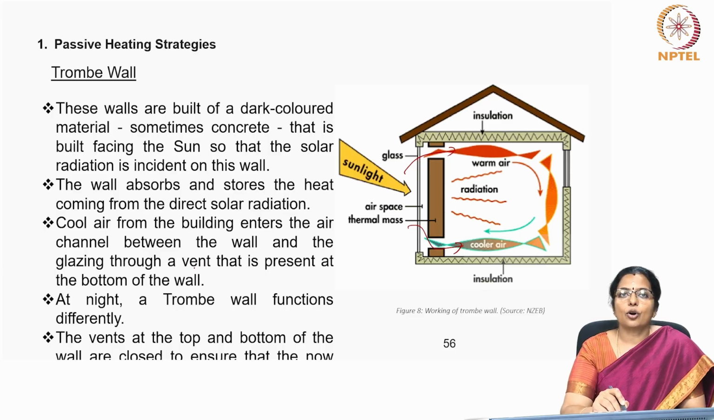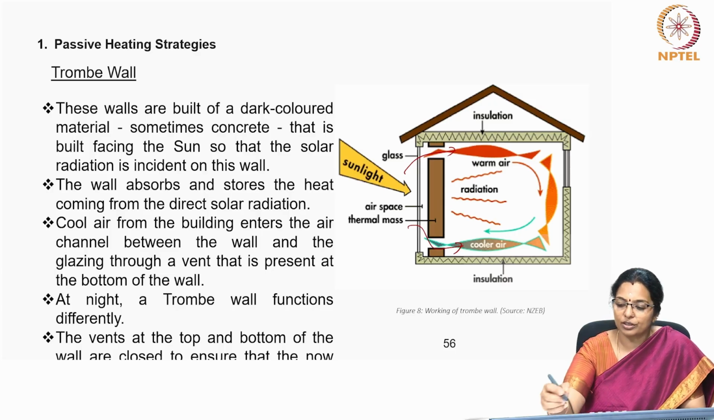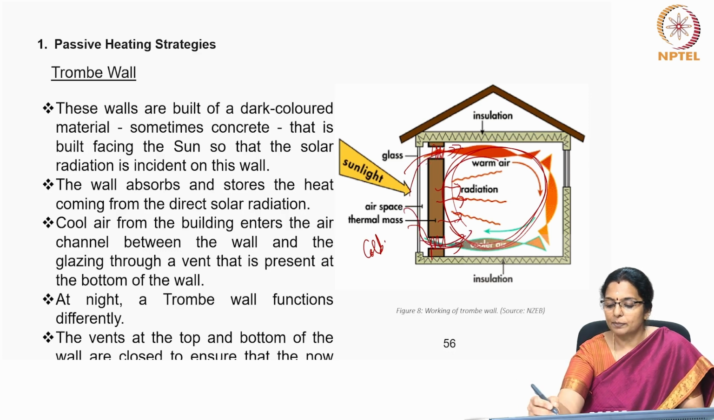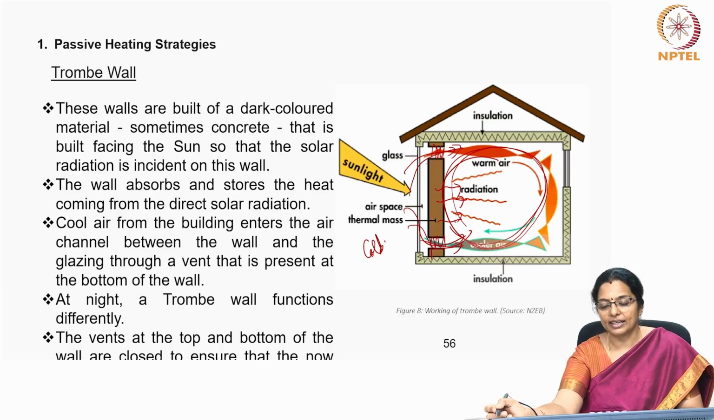At night, the Trombe wall functions differently. The vents at the top and bottom of the wall are closed to ensure that the trapped heat remains inside. When the outside is very cold, the inside remains warm because this heat from the wall is radiated as well as heat from the